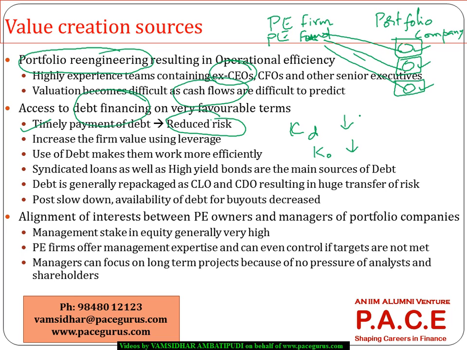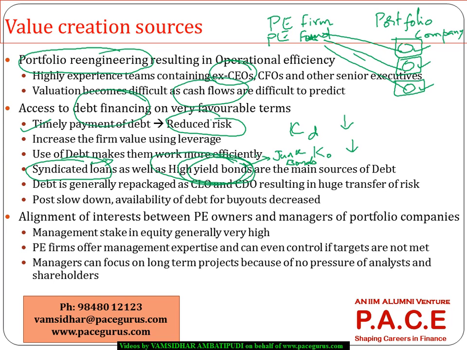And most of the times what happens is the debt is in the form of either syndicated loans or high yield bonds. So various banks come together to give them a loan, or the company itself issues high yield bonds, meaning junk bonds which have not so high credit ratings. So they end up giving higher returns as a part of the high yield bonds that they are issuing. But the advantage is